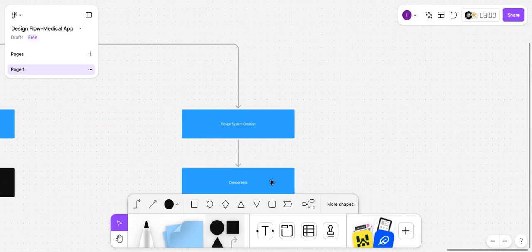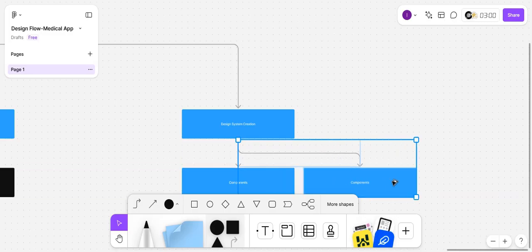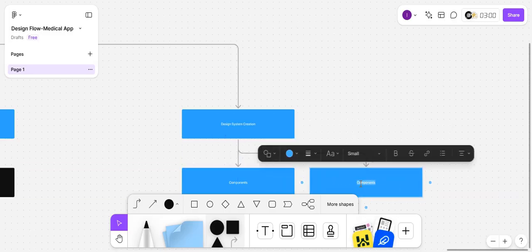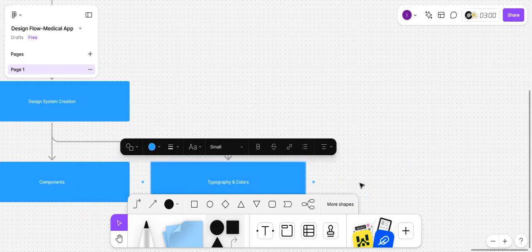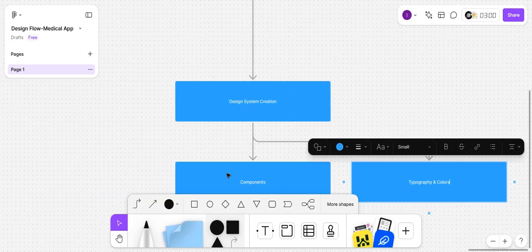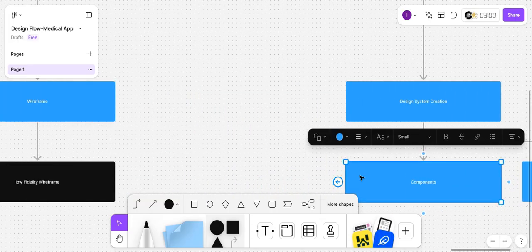So here we add one more to the right. We're looking at typography, and colors. Okay, so these are the two things, and the last part under this thing, we will also be looking at the